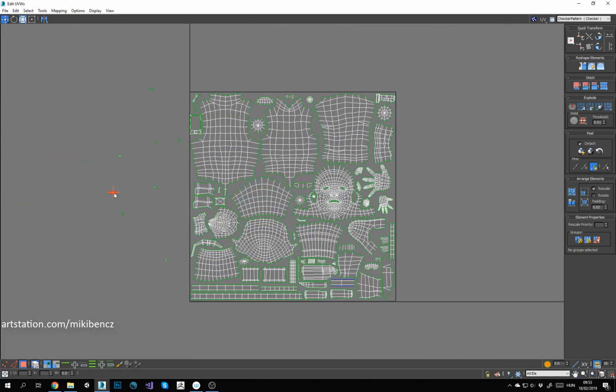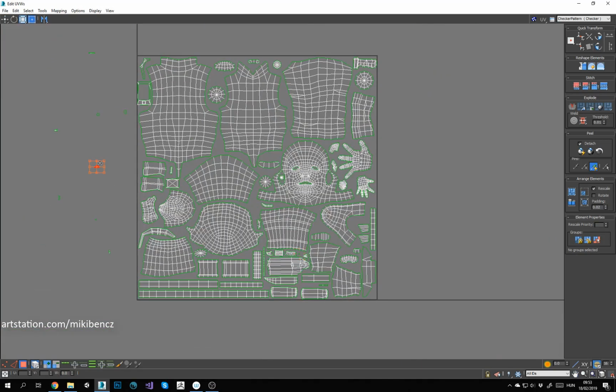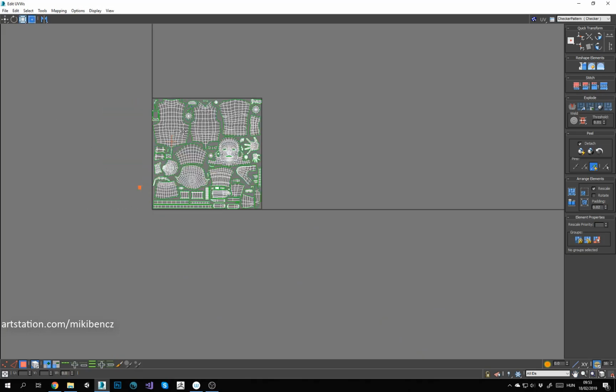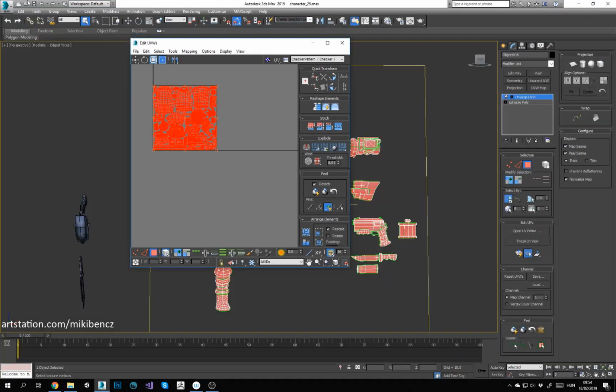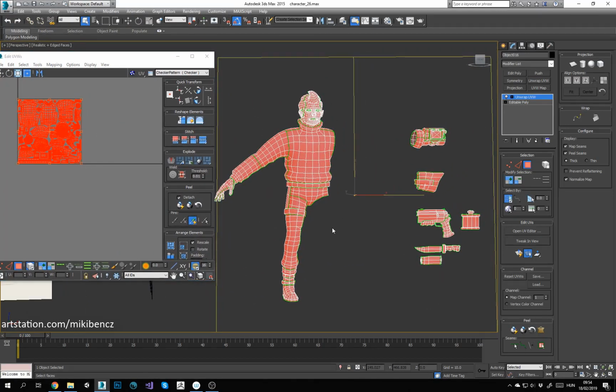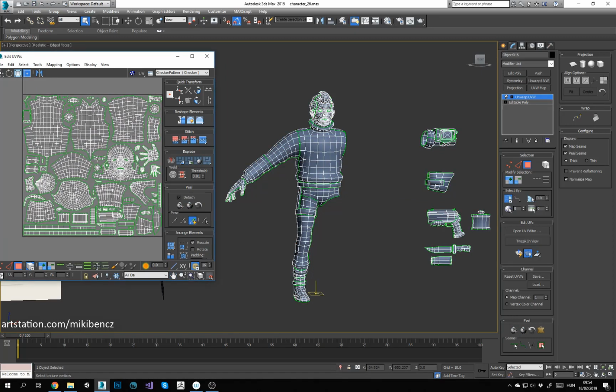This is the first iteration, I believe, just quickly putting everything inside the thick gray area, and after that I will make another iteration quickly. So I think I covered most of the things I want to talk about UVing, but as you can see here, it's packed. All of the things are inside the thick gray line, and we could texture the model now, but I